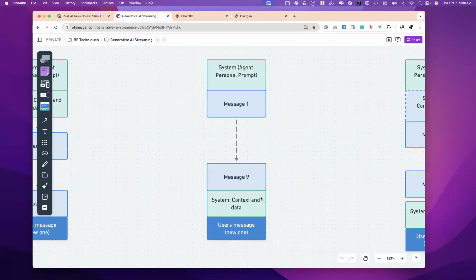So by organizing the data that changes and putting that data at the end of your message chain, we'll call it, or message array, you reduce the chance of breaking that cache. If I put a variable at the very beginning in my system prompt and I say this is the time and the date, for example,